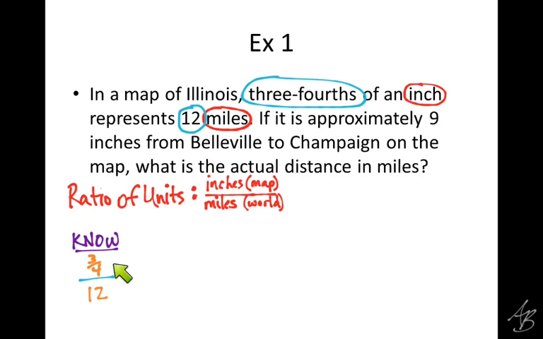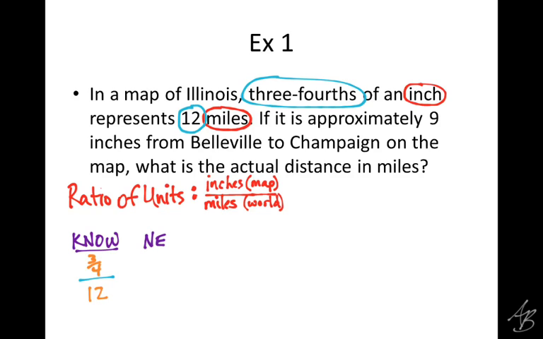And then we know the 3/4 goes on top because that's a number of inches. And in our ratio of units, we said inches are going to go on top. So for this whole problem, everything we do, inches are going to go on top, miles are going to go on the bottom. All right, the other ratio that we're going to write is going to have something in it